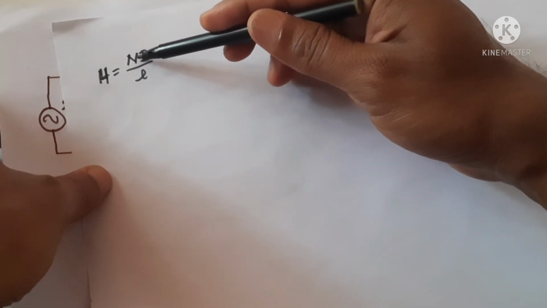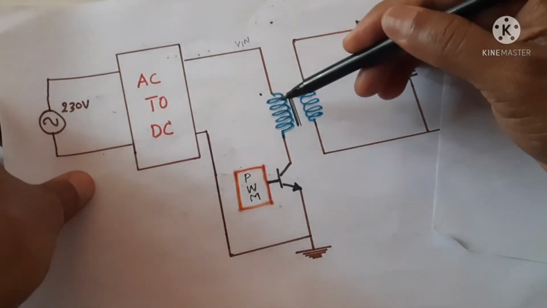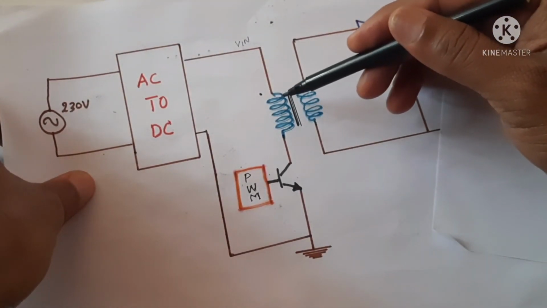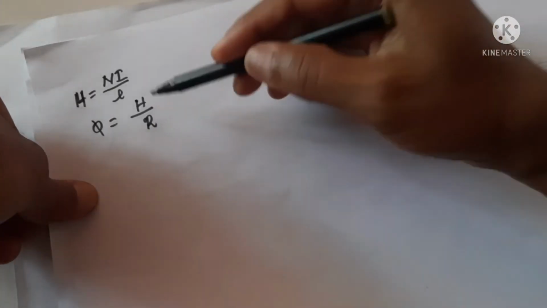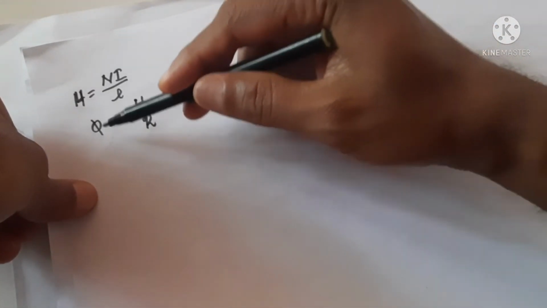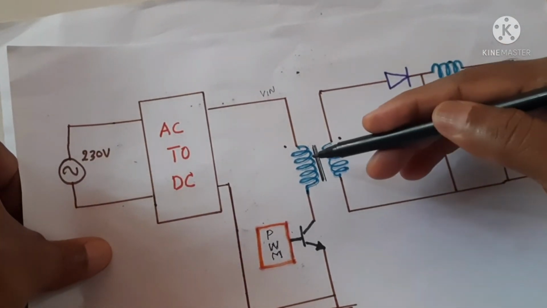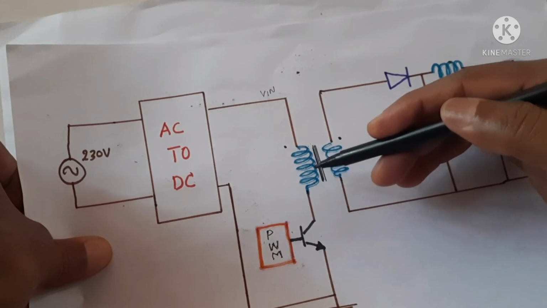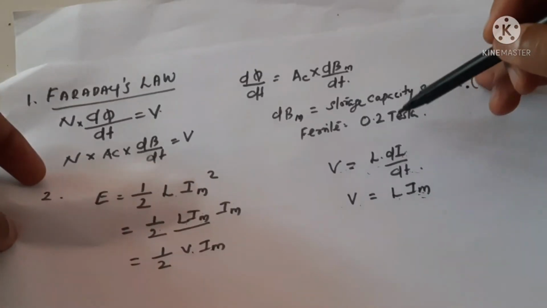As the number of turns reduces, the magnetic field produced by the coil reduces. If the magnetic field reduces, that means the H reduces. H reduces means the flux will reduce. Even if more current flows through it, as the number of turns is less now, the flux generated will not be more. Even if the current increases, the core can handle that.